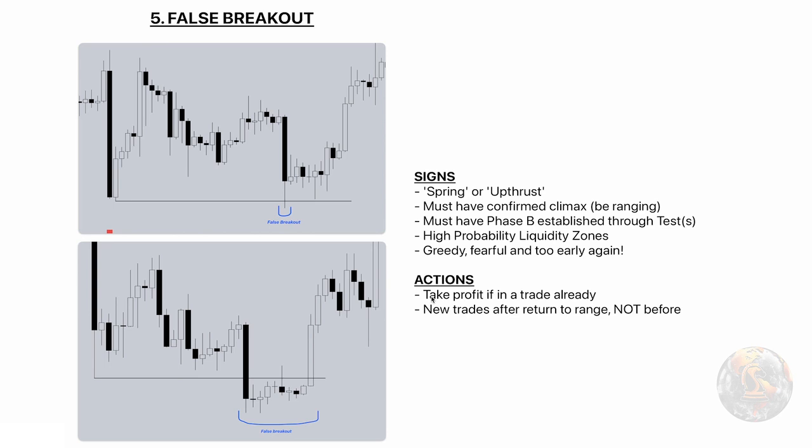Because then you know you're in a Wyckoff structure, right? And so you must have phase B done, which means you have to have had the secondary test and you have to probably have had multiple other tests. Then you're into phase C, which is where you'll typically see a false breakout. And you want to do it at high probability liquidity zones. Why? Because again, the same people show up. Below a key low or above a key high, you see the greedy people trading the breakout, the fearful people panicking and closing, and of course the people who are too early and put their stops right down there where they become liquidity.